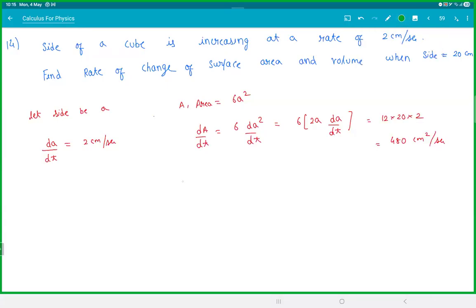Same thing I can do for volume. So volume V is a cube. dV by dt. The differential of a cube is 3 a square, and then differentiate whatever is there, the function, da by dt. That's it. You're stuck there. So